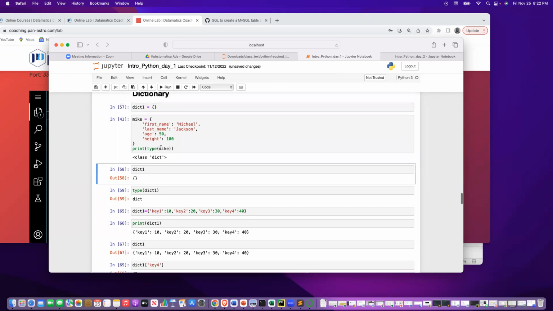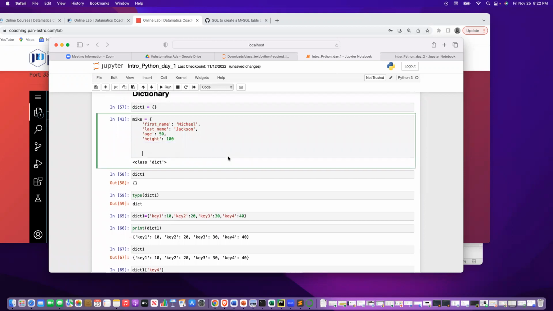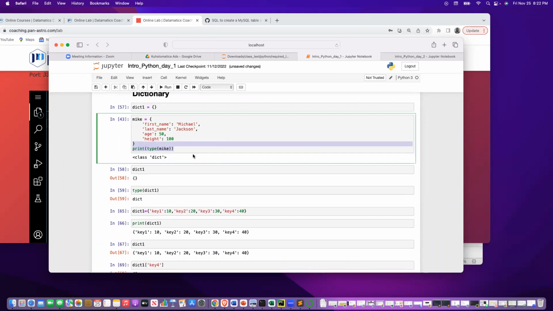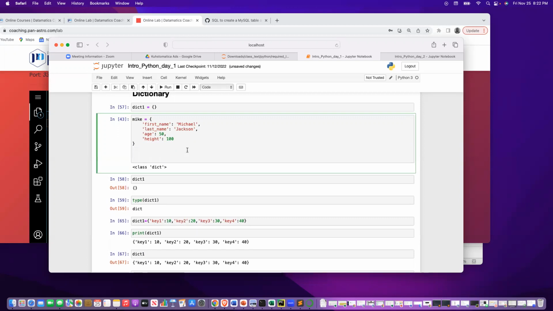So if, for example, we want to know the first name of this dictionary, so we want to access that key. We can simply do